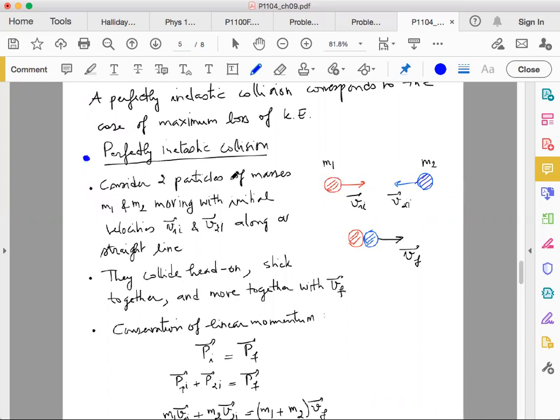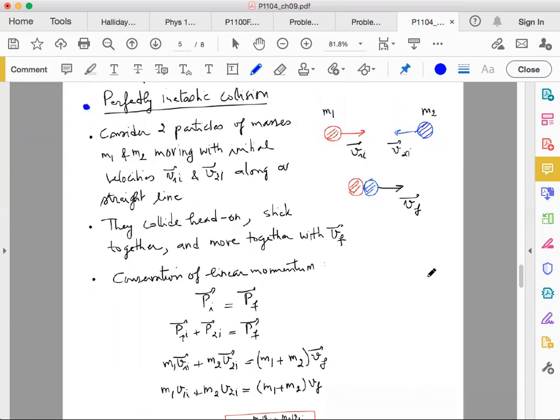When you have a perfectly inelastic collision, what happens is that these two particles will stick to each other and they will be moving together in the final state with a final speed or final velocity v final. So what is the value of v final and what is the direction of v final? We can determine it using the conservation of linear